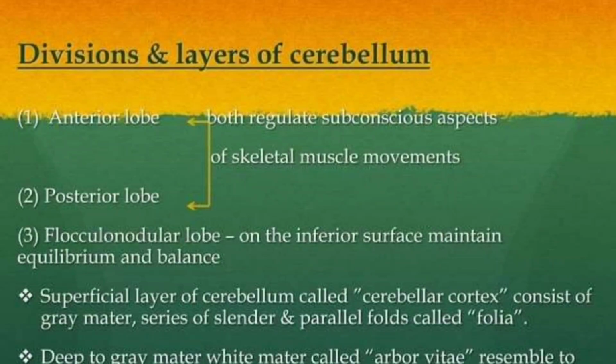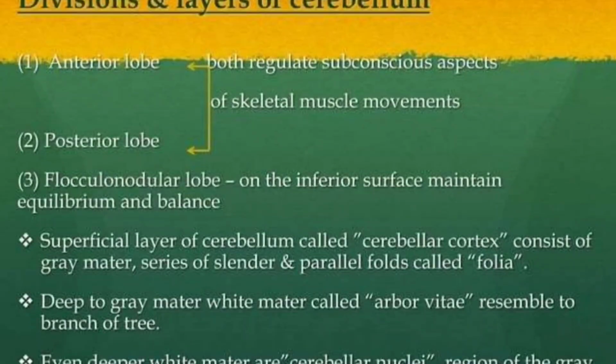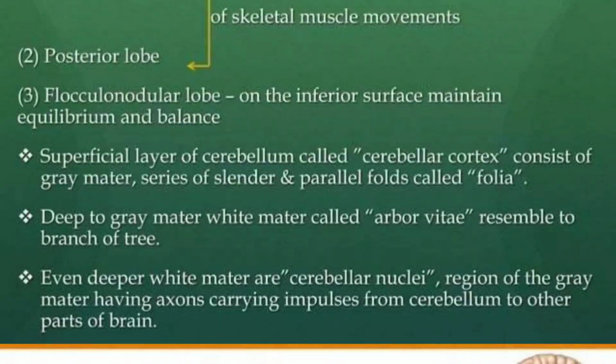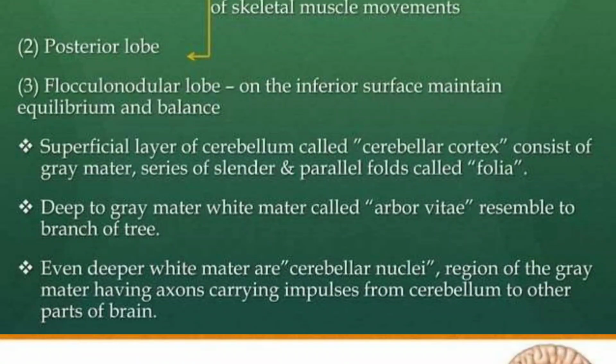The flocculonodular lobe on the inferior surface maintains equilibrium and balance. The superficial layer of the cerebellum, called the cerebellar cortex, consists of grey matter, a series of slender, parallel folds called folia. Deep to the grey matter is white matter called arbor vitae, which resembles the branches of a tree. Even deeper than the white matter are the cerebellar nuclei, regions of grey matter having axons carrying impulses from the cerebellum to other